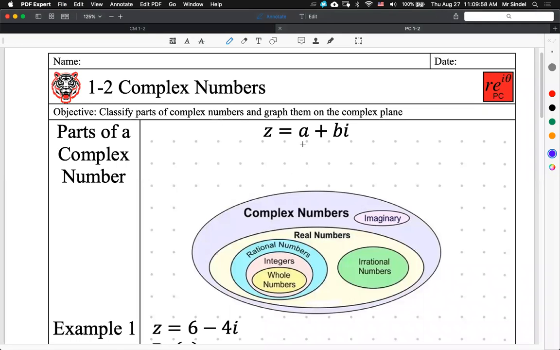All right, so welcome to our second lesson of Precalculus officially. Today's date is Thursday, August 27th, 2020. We're doing complex numbers, the shadow realm of the numbers. So we've already talked about this before, so this might be kind of a review, but let's go ahead and